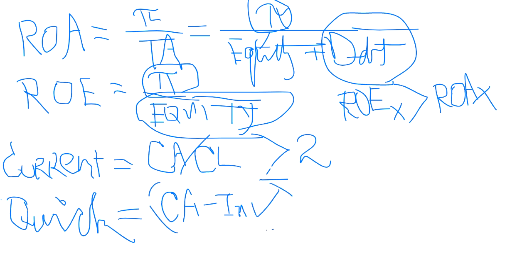Okay, that's called quick assets over divided by current liabilities. Okay, and then the threshold for that ratio is greater than or equal to 1. Now it can be 1, right? Now you see the rationale behind it. The rationale is